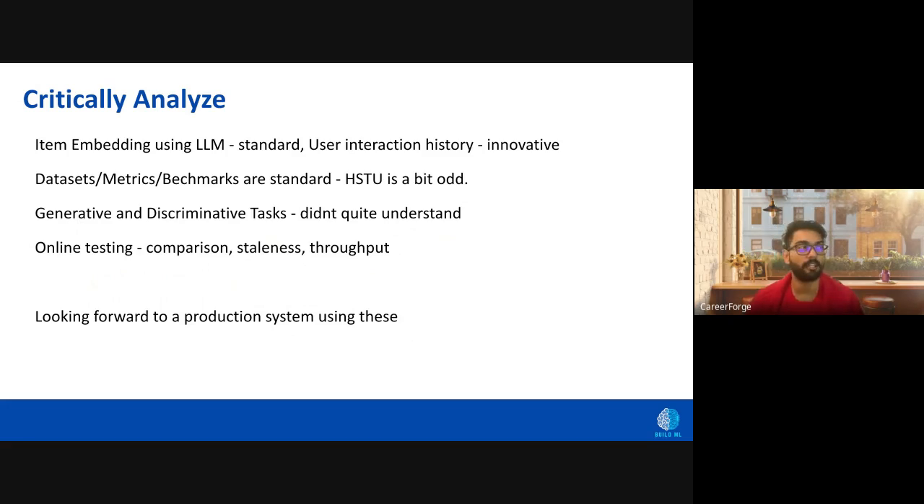In terms of what I personally liked about the paper, the approach of using item embeddings with LLMs, having an item LLM to create an item embedding, does seem common sense at this point, and them using that